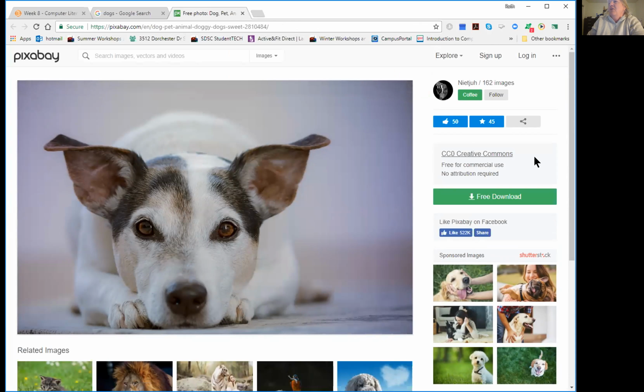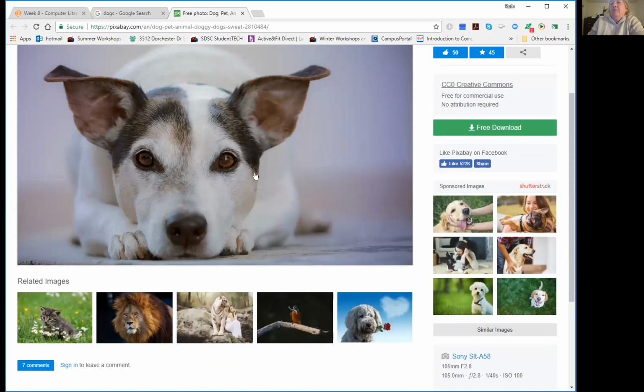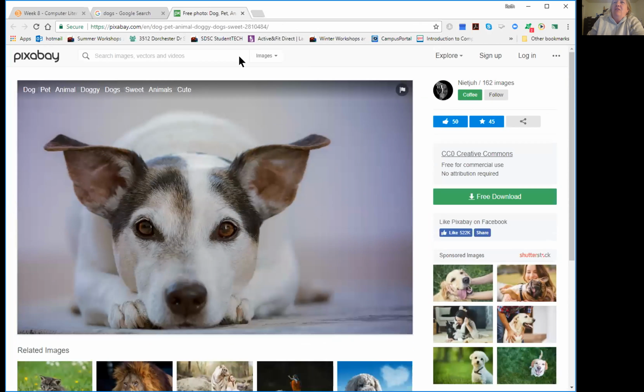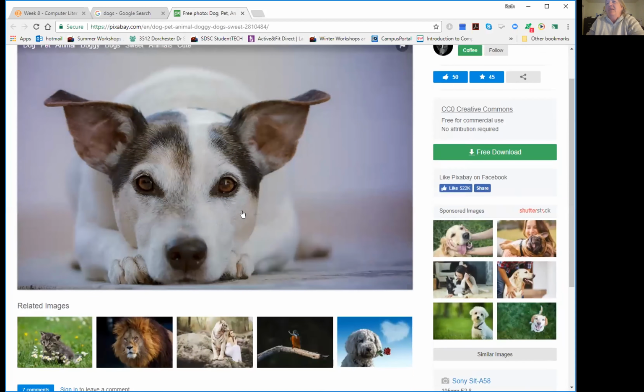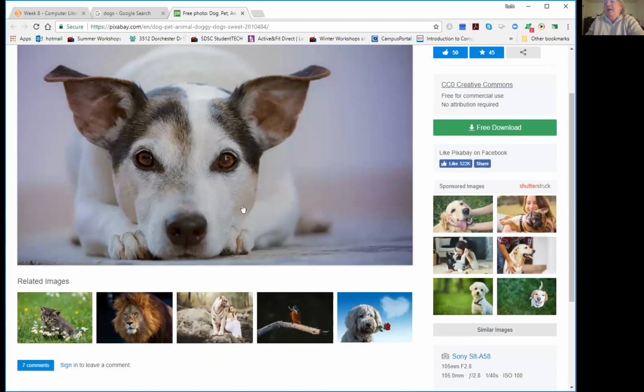So this is a Creative Commons. It says free for commercial use, no attribution required. So you really don't have to say where it came from, but it does show this person's name up here and how many images they had. They actually have a lot of images here that you can use, and you can cite their name and where you acquired this photo. That is a really cute picture of a dog, by the way. Not as cute as my dog, but